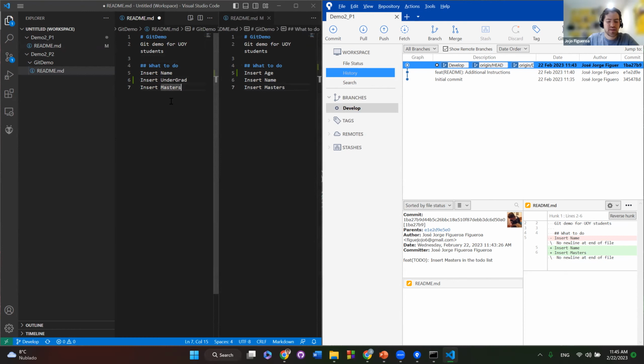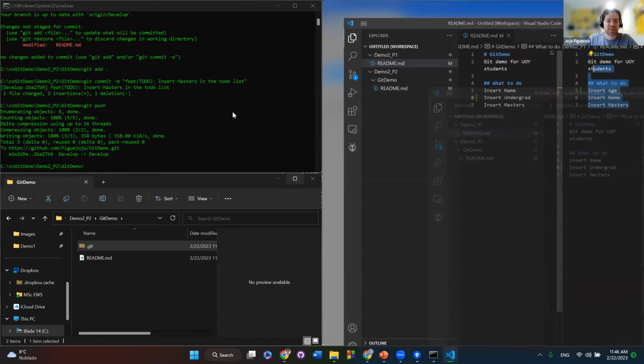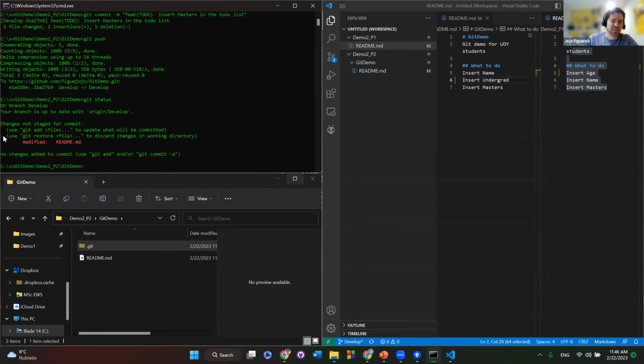So person one has these changes over here, and person two has these other changes over here, right? So if I go here, I will see that there are some changes, as well as if I go here, there are some changes. So first I'm going to do the git